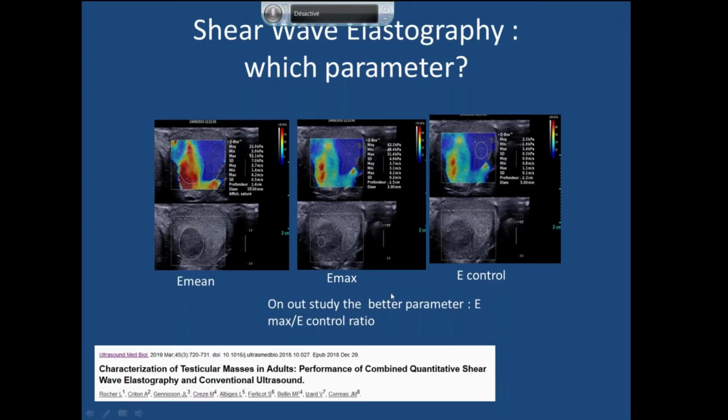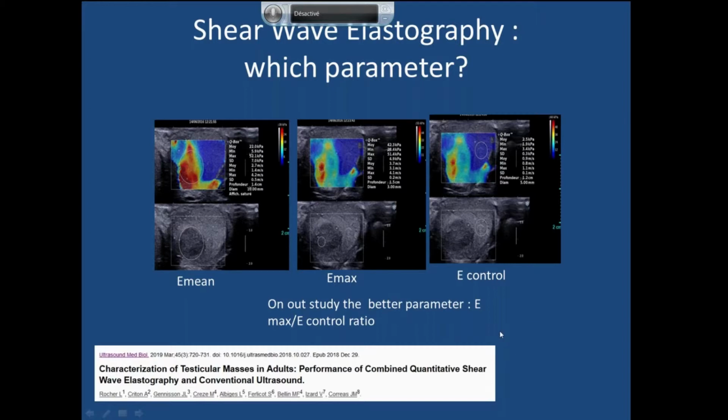We also put a small region of interest on the stiffest part, and also a region of interest on the normal parenchyma, on the same side if possible, or on the other side. And finally, in our study, the better parameter was the ratio between Emax, the stiffest part, and the control,